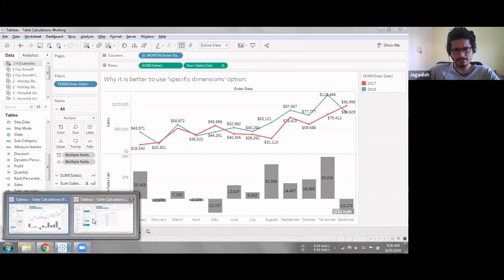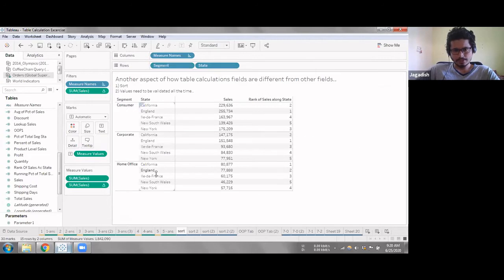Okay, having said that, now coming to this particular view, I have my sales split across each of the states in a particular segment. For each segment, I have the top 5 states with respect to sales, and I got their ranks, the top 5 ranks, using a calculated field, a table calculation. Now, if you can see the numbers, the ranks are not sorted. One is not on the top, they are just random. Now let's say I want to sort this number. I want 1 on the top, 1, 2, 3, 4, 5, like that.